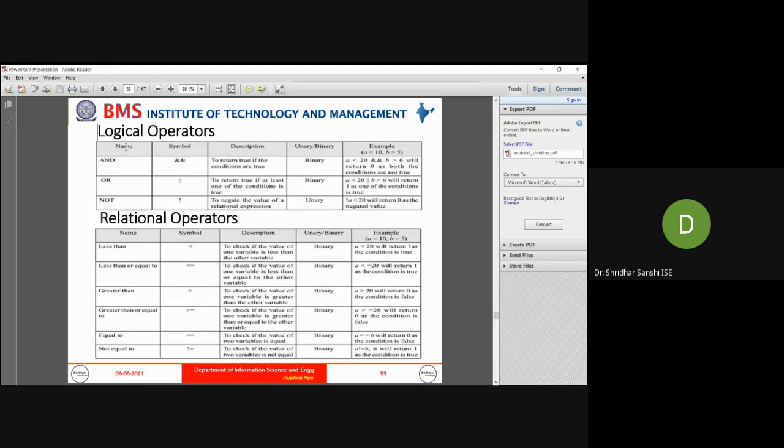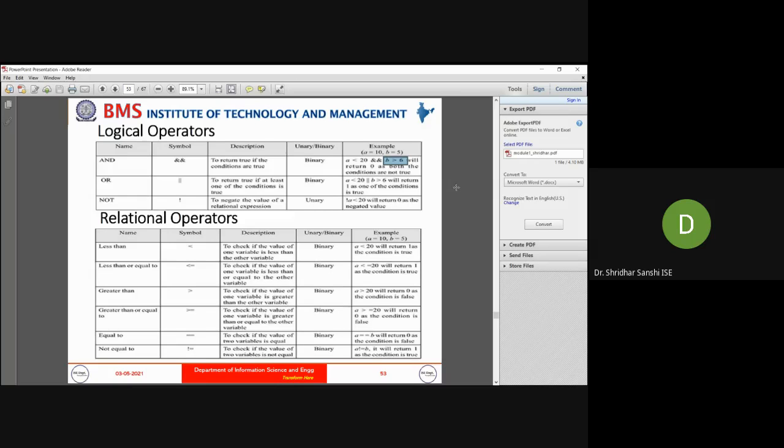And next, we have logical operators. We can use double ampersand. It means that if both the conditions are true, then the return value is true. Otherwise, it will return false. So I'm checking the first condition, checking the second condition. If both are true, then I will return true.